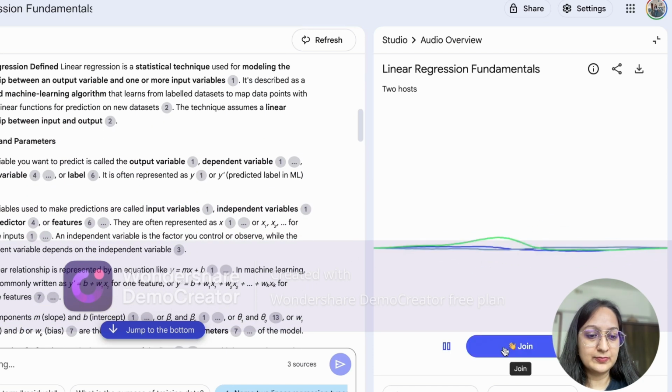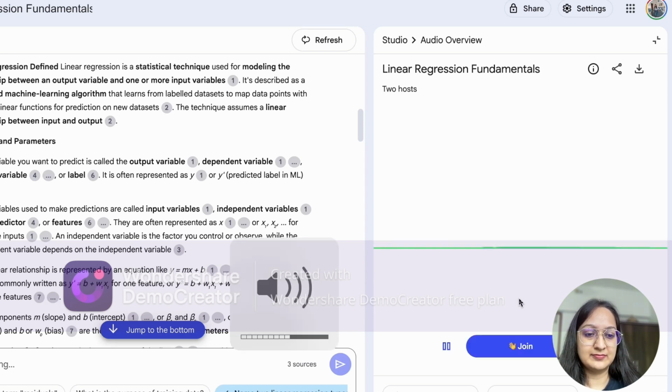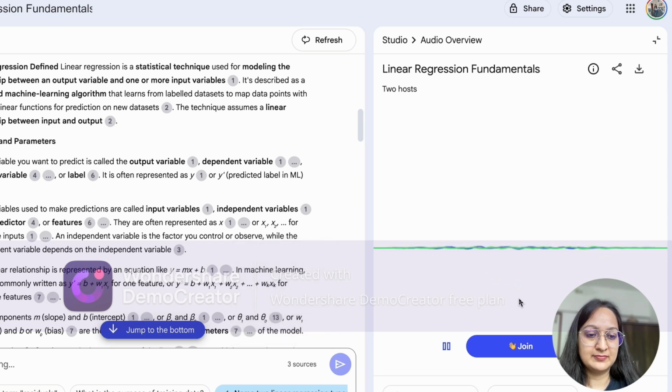You know those moments when you're trying to oh, hey, our listener wants to join in. What's up? Hey, I'm completely new to linear regression. Can you explain to me what exactly are variables and parameters? It's a great question to start with. Let's unpack this. So when we talk about variables, think of them as the different pieces of information we're dealing